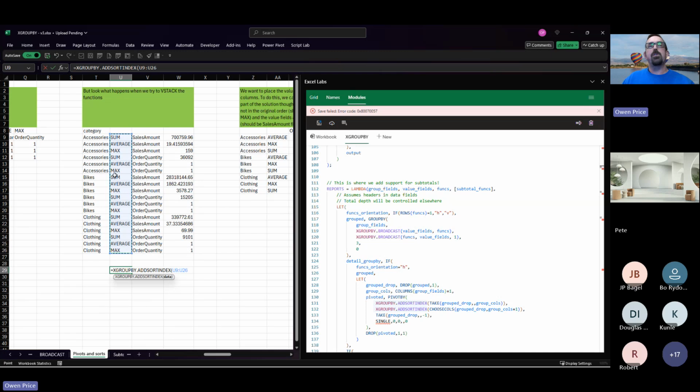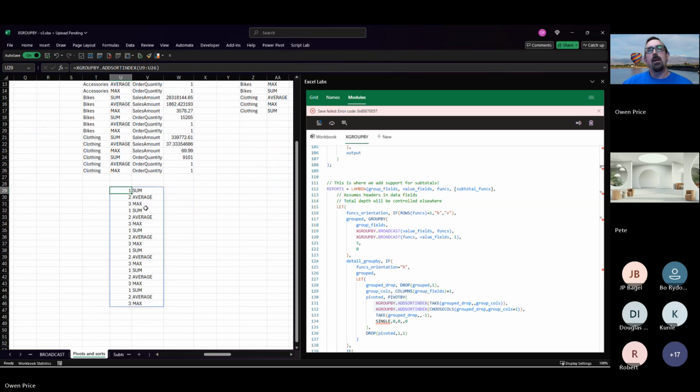It takes the original order of the functions and assigns the integer based on the original order, so that sum is 1, average is 2, and max is 3. And it repeats it wherever it finds those values. And the reason we do that, the way that we do that, I should say,